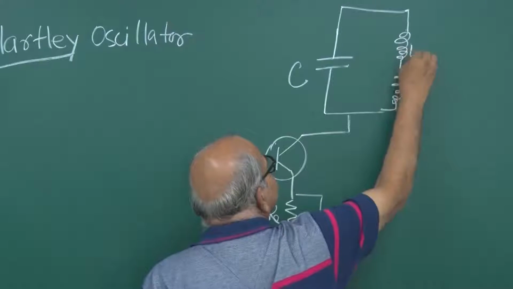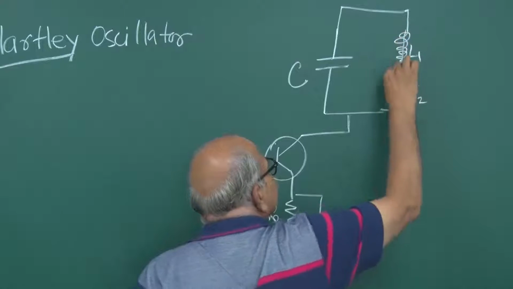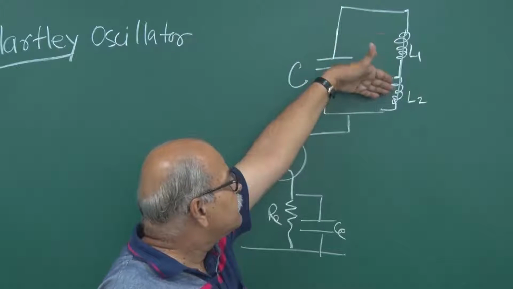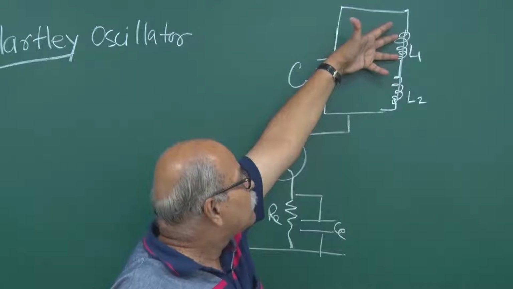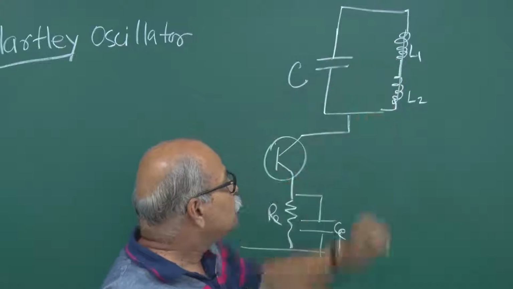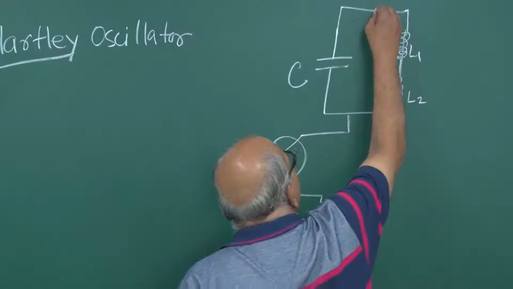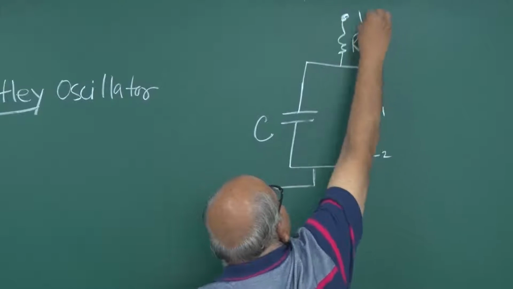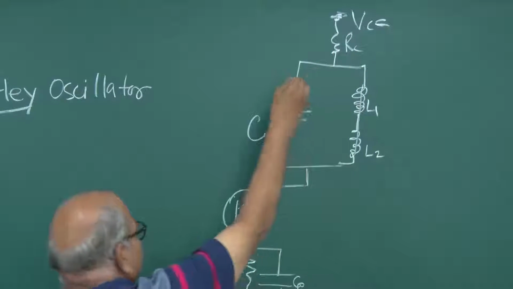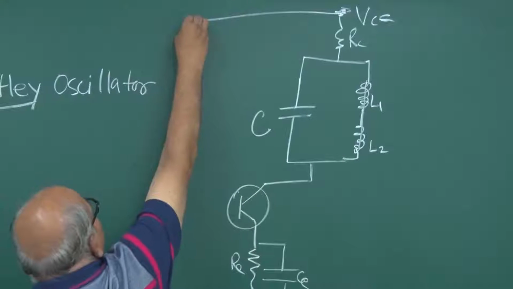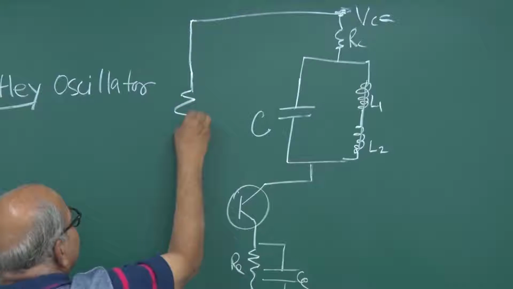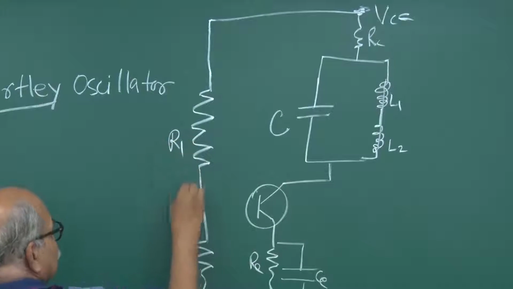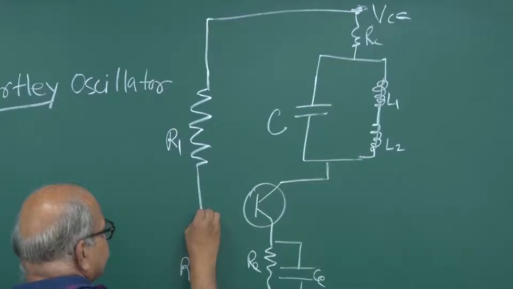L1 and L2. They may be wound on the same core, so they can be coupled with each other, or they can be separate also. So this L1 and this L2, and then you have your usual RC and some VCC here, and from that VCC you make that potential divider. So R1, R2, R1, R2, and then from here you give this